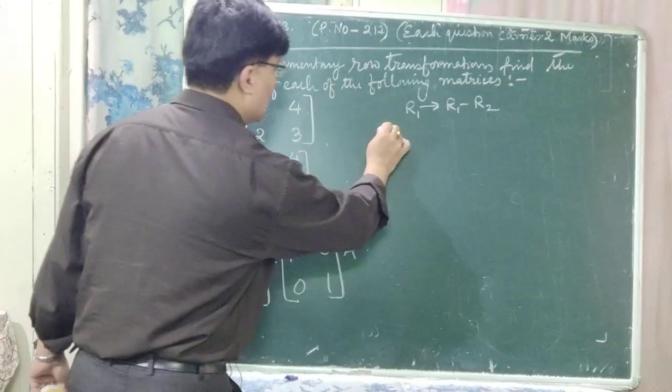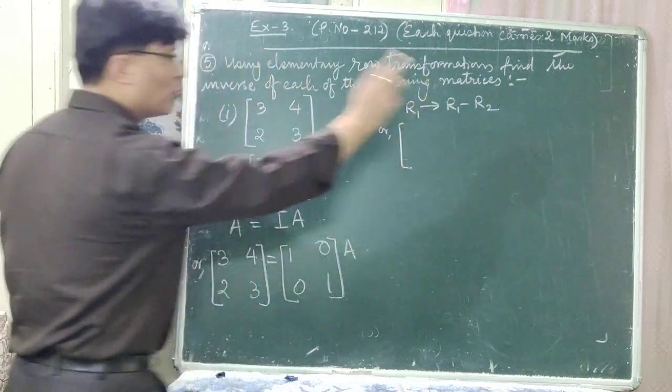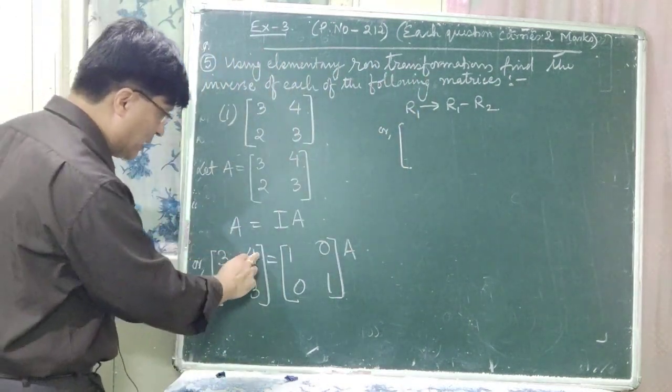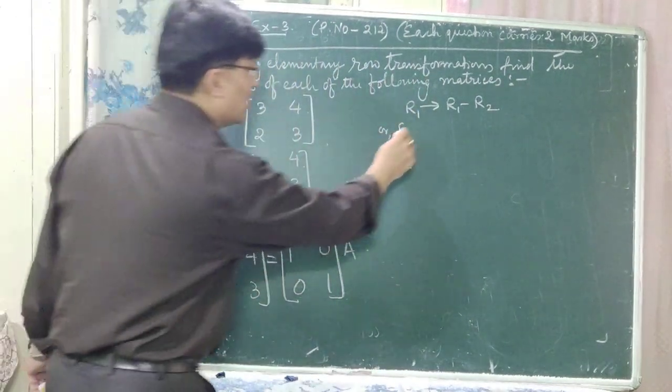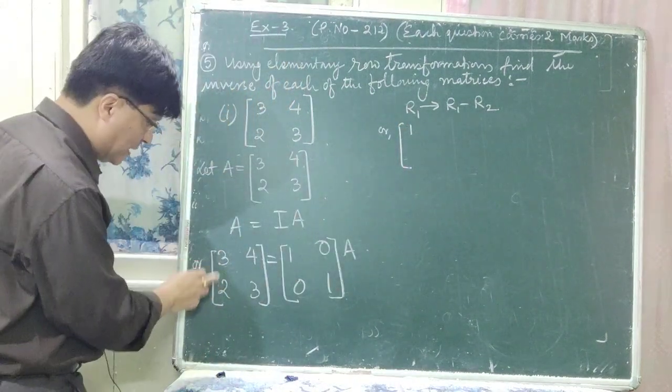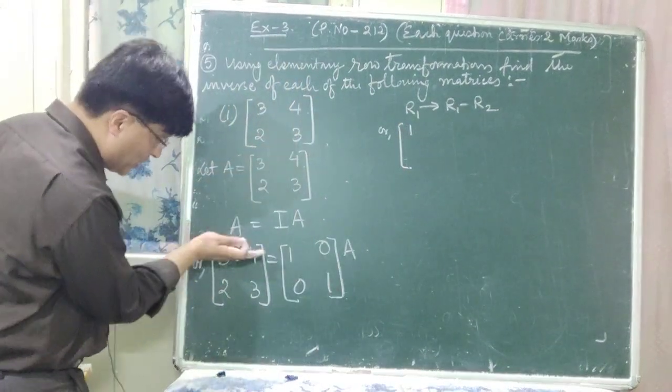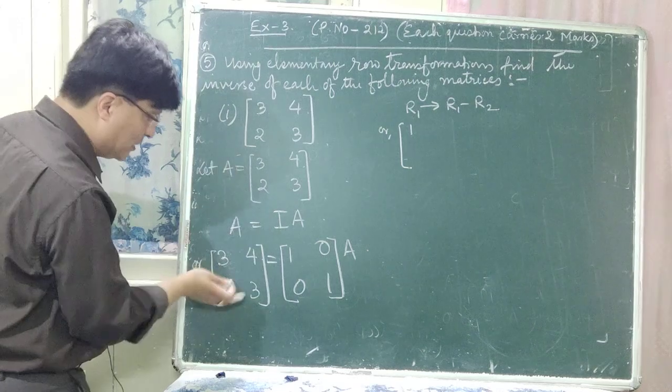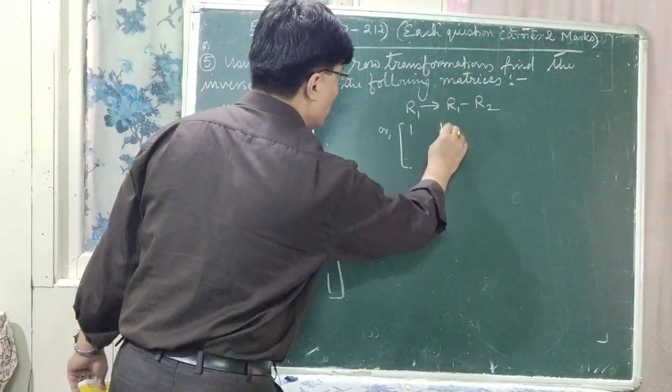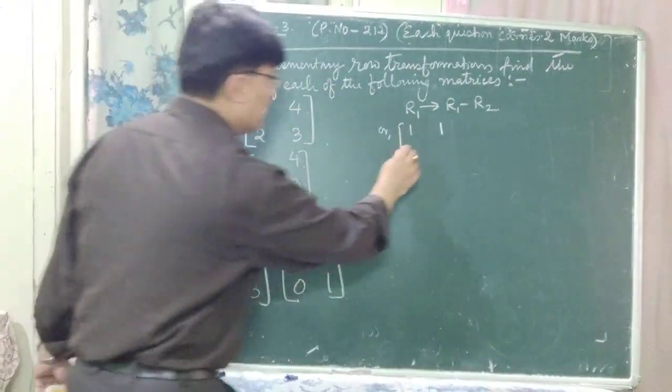Okay? So now row 1 is changing here. Row 1 is 3, 4 is changing. 3 minus 2 is 1, right? R1 minus R2. 3 minus 2 is 1. 4 minus 3 is also 1. Second row remains same. 2, 3